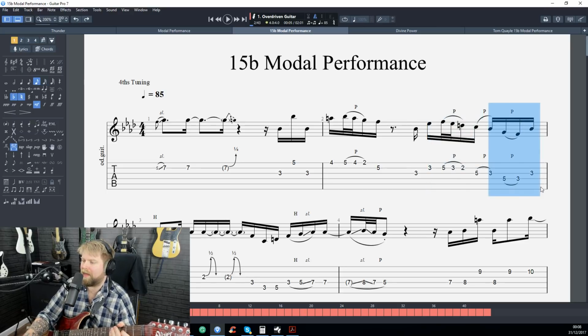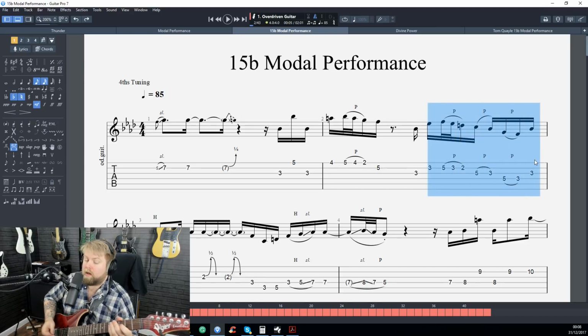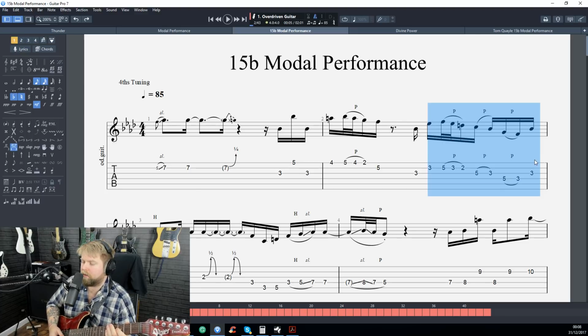And then if I add on that phrase, we'd have, so that's 1, 2, 3, 4, 3, 4. Da da da da 1 E and